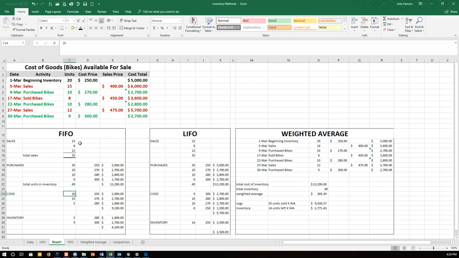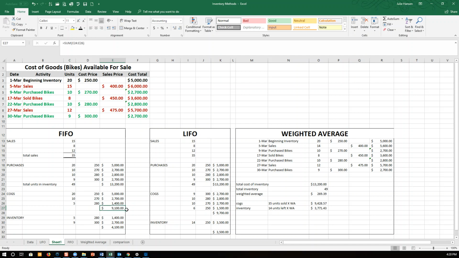In the FIFO method, what we're going to do is take the first purchases out first. So in other words, do you see how these 20 units at $250 were the first ones? So I'm going to nab those. There's 20 at $250, okay? But I sold 35, so I've got to keep going. Here's 10 more. These 10 came from that $270 right there. So far I've collected 30 units, but remember I sold 35, so now I've got to go digging even deeper. Here's 5 more. Where did I get those 5? I got those 5 out of this 10 right here at $280, and that gives me my total cost of